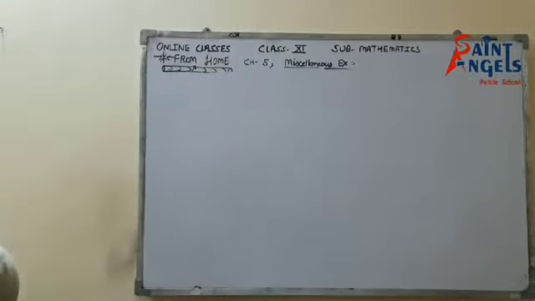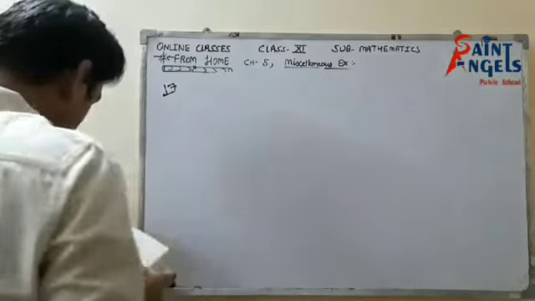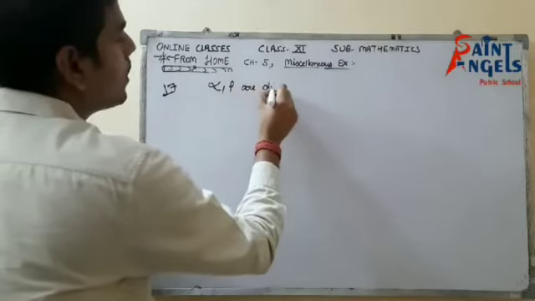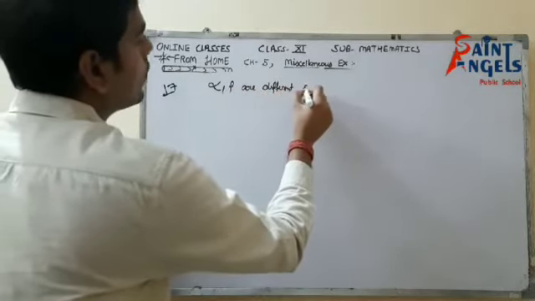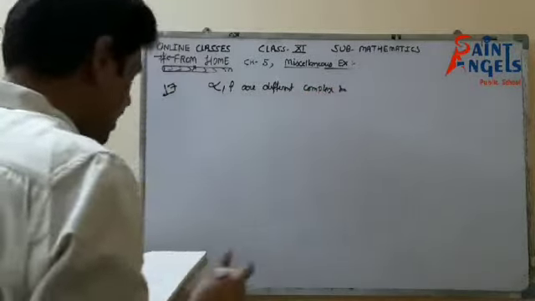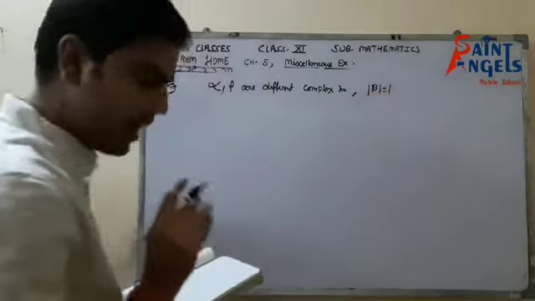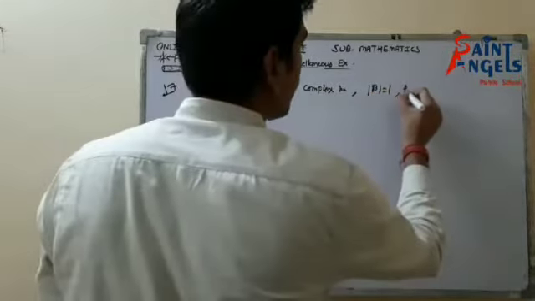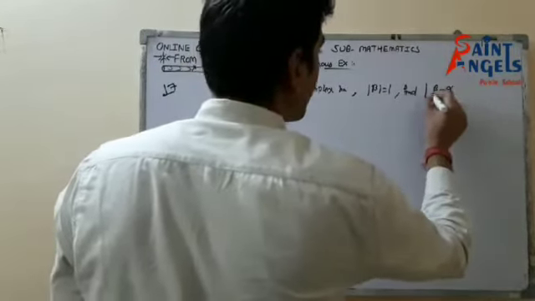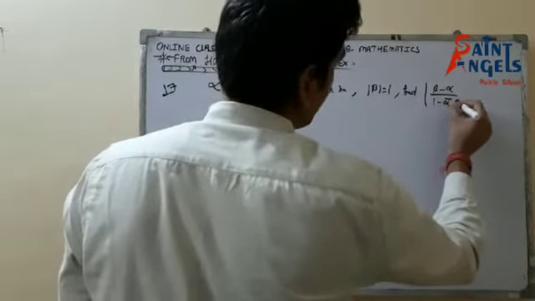Now look at question number 17. A very good question and a kind of different question. In this question, we are given that alpha and beta are two different complex numbers, and we are given that the magnitude of beta is equal to 1. We have to find the value of the magnitude of (beta minus alpha) upon (1 minus alpha conjugate beta).